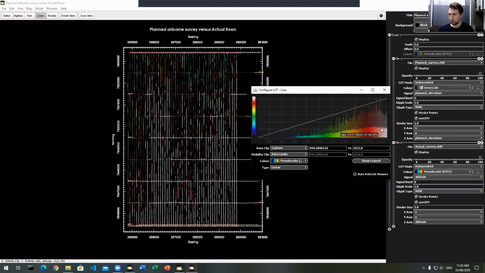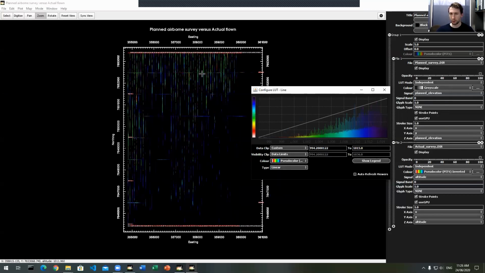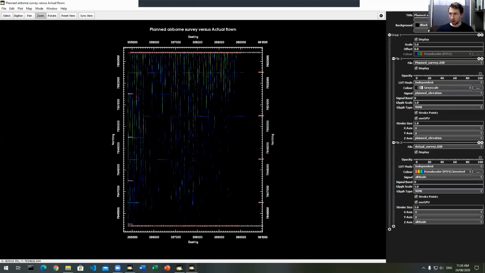And we have the same thing with a lighter. It might actually be easier to invert, use the pseudo color inverted. So you have the same sort of thing. Areas that are lower elevation than expected are highlighted quite easily on this. But other than that, that's kind of it for the initial line database